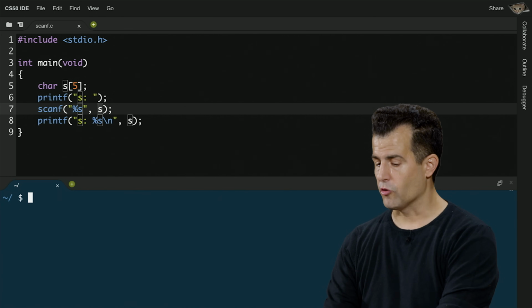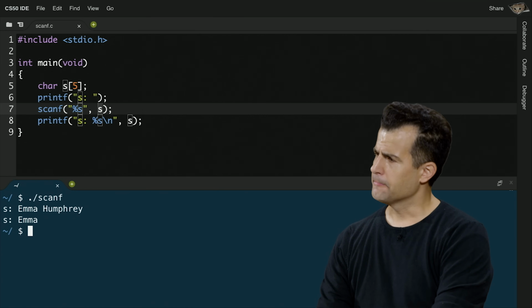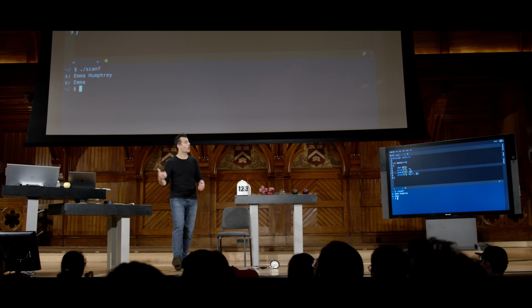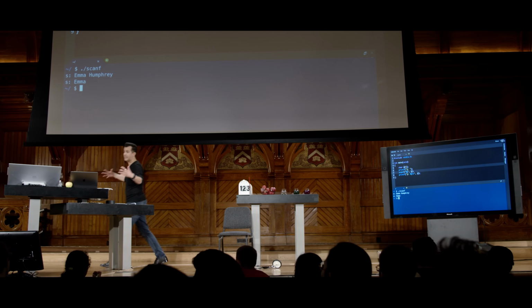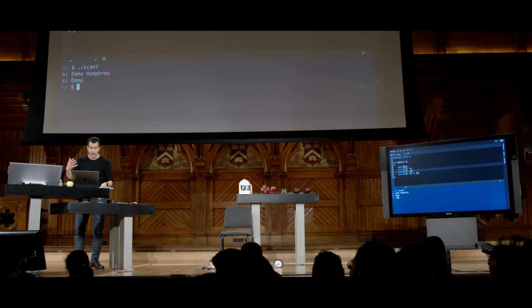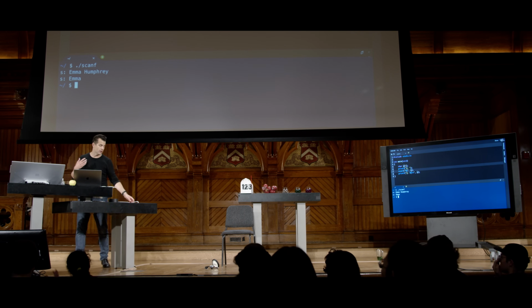And if I get a little greedy and do like Emma Humphrey first name, last name, it didn't work. But why might that be? I haven't allocated enough space for her name. I'm lucky, frankly, that the program's not crashing. But if I loaded, as I was trying to do, a big enough paragraph of text, my program outright might crash or segfault, so to speak, an error message that you'll likely see this week or next as we continue to use memory.